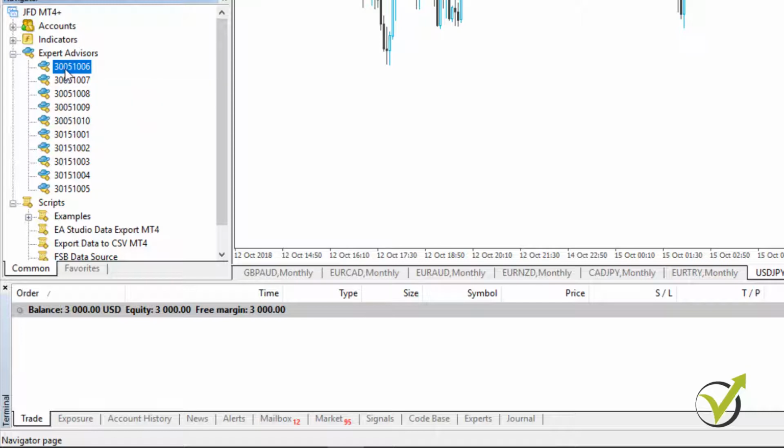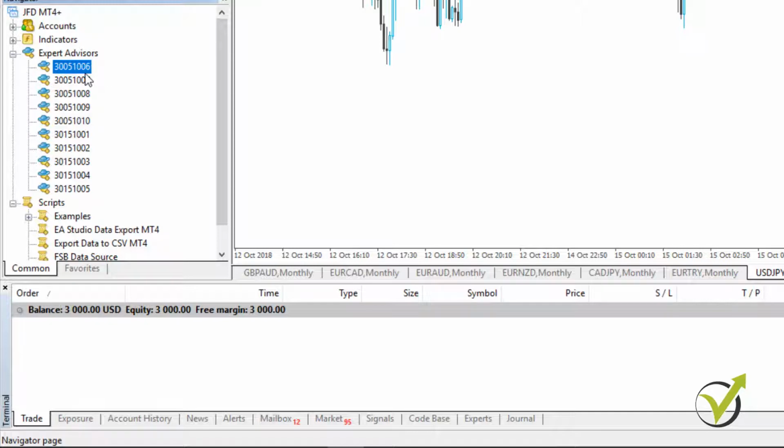Okay, then I have the time frame. So this expert advisor is for M5, so I name it 05, and as you see below it is 15, so this is on M15. And then with the last 4 digits, it really depends on what I have been doing, but in this case I have named it 10 because this is the first version of these expert advisors, and later when I update the course, when I optimize these expert advisors, you will receive these updates.